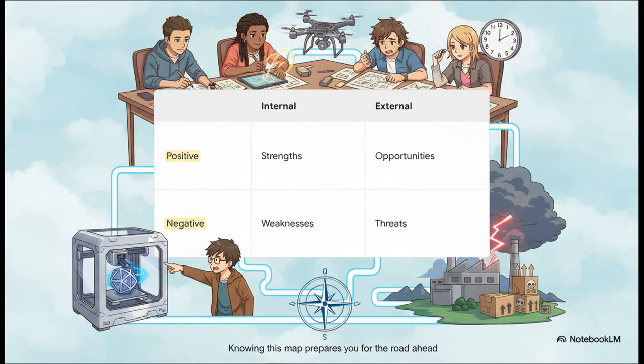And here's how you map it out. It's super simple, but so effective. Your strengths and weaknesses, that's all internal. That's about you. But the real magic isn't just listing them. The pro move is to ask, okay, how can my strengths cover for my weaknesses? Or how can I use this awesome opportunity, like access to a new 3D printer, to fight off a threat like the rising cost of materials? See? It stops being a boring list and becomes your first real strategic plan.